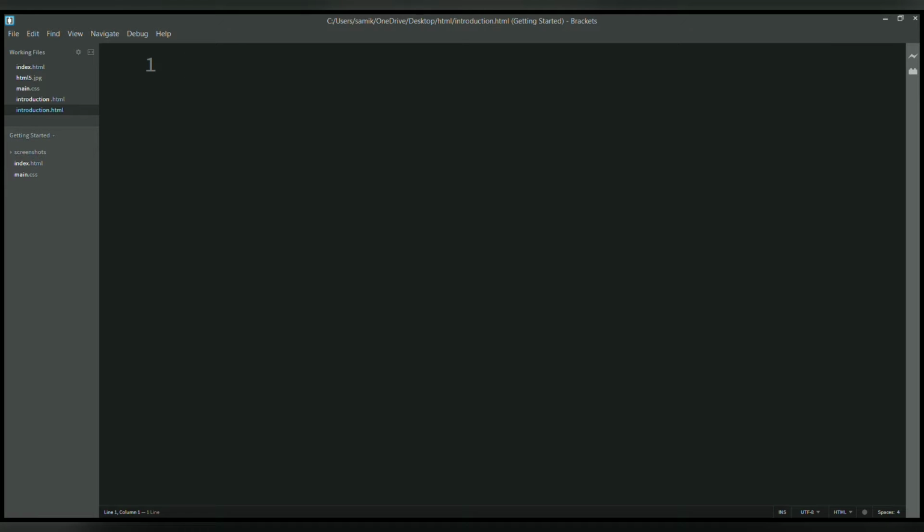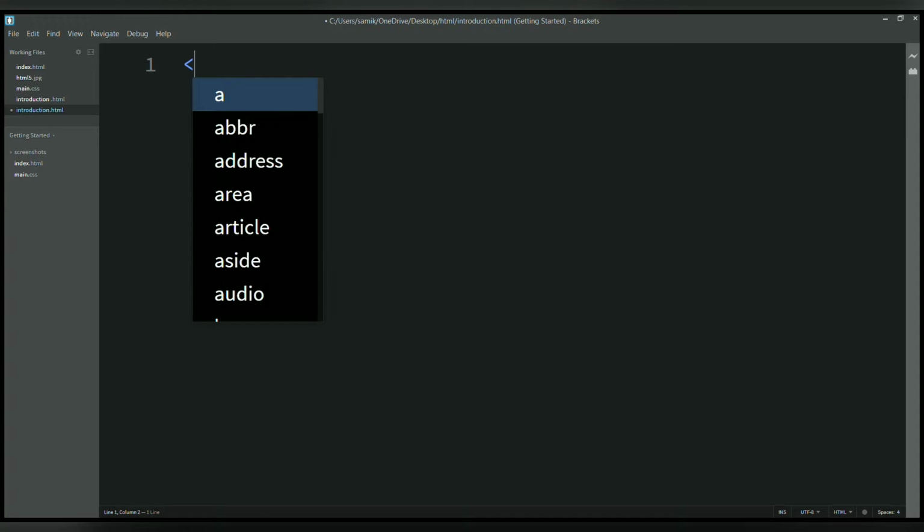In this video, you are going to learn about the structure of HTML. The standard structure of HTML has two sections, head and the body. Before beginning our coding, I wanted to tell you that there are two types of elements, container element and the empty element. Container element consists of both the tags, starting tag and the ending tag, and the empty element consists of only the starting tag. It has no ending tag.